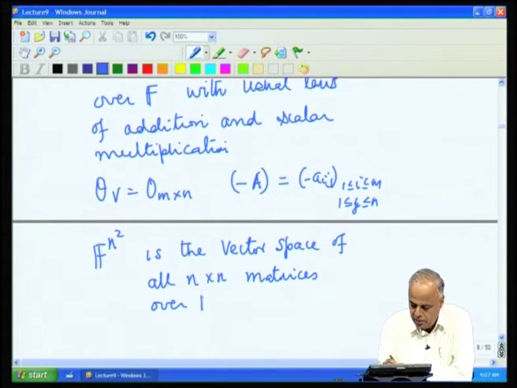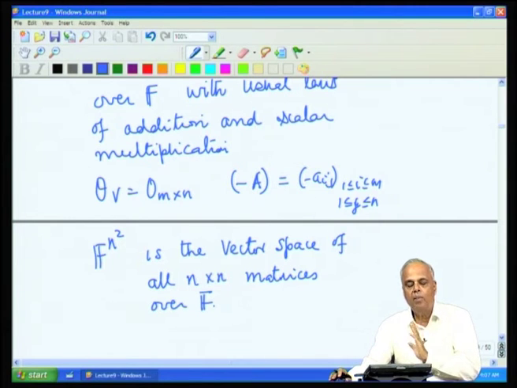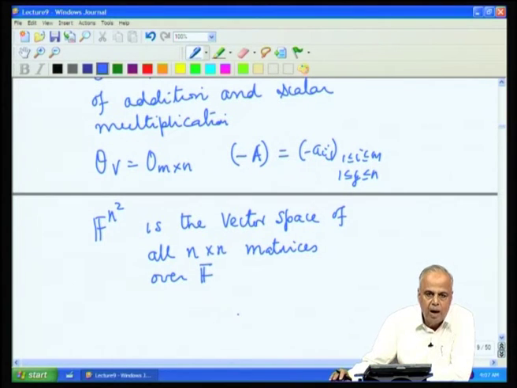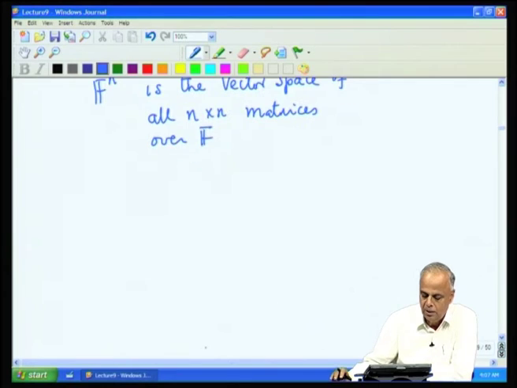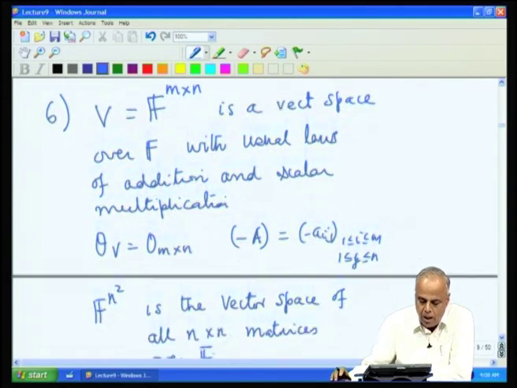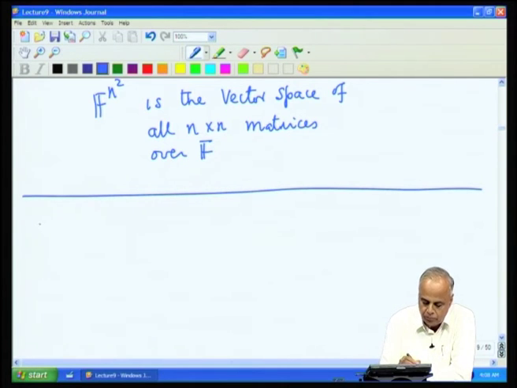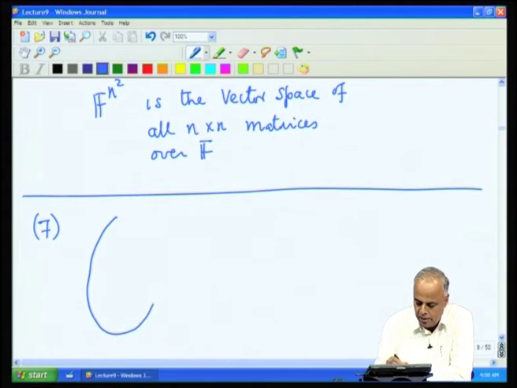over the field F. So, first we had the vector space of k by 1 with all the entries from a field F, then we had the vector space of all m by n matrices where the entries are from a field. The field can be R, the set of real numbers, the field can be C, the field of complex numbers, or the field F can be any general field. So, now we look at another set of examples, useful examples. Let us now consider any set S.